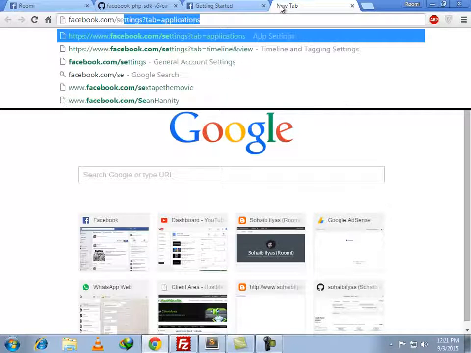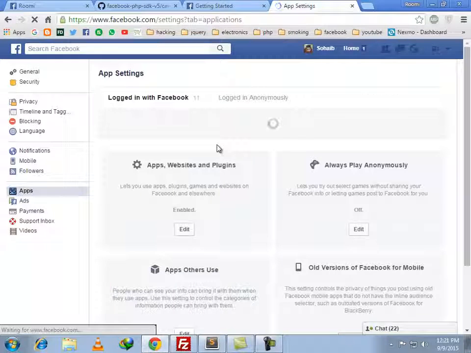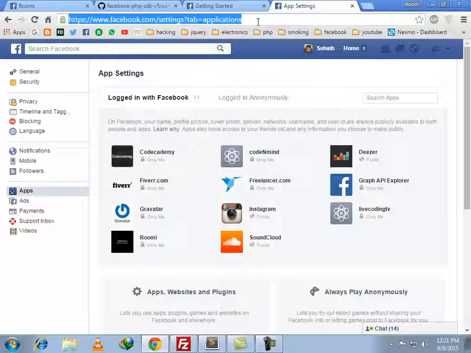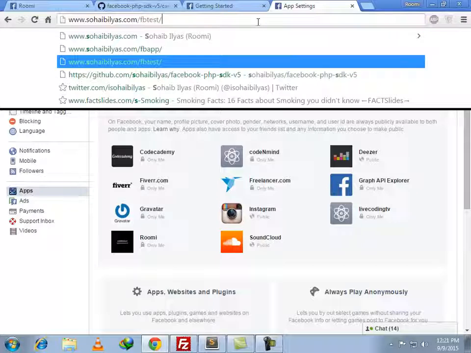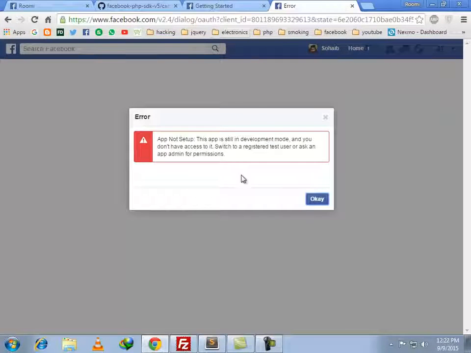Well, I need to remove the application from my Facebook apps, which are already logged in. Okay, it's not here. So once I send the user this secure app URL, if the user goes to this URL, it should take them back to the